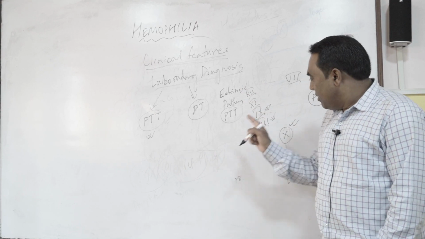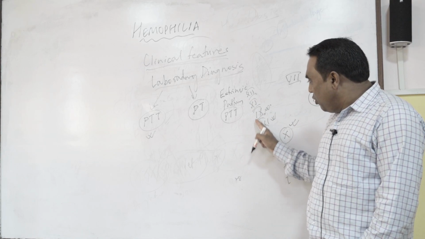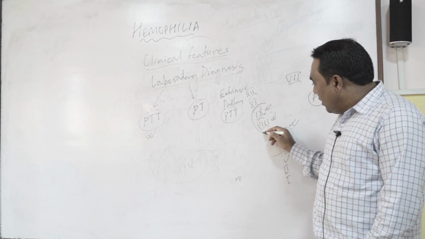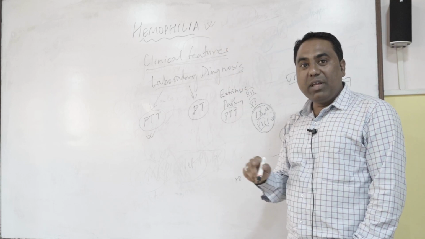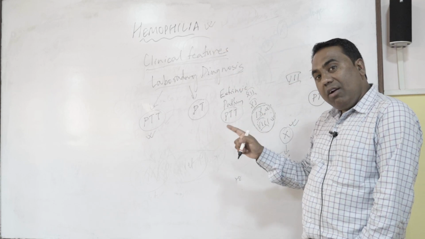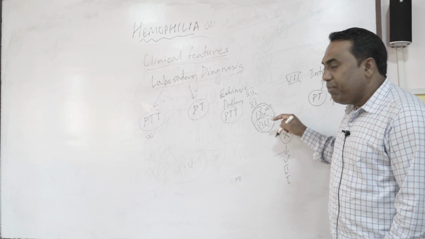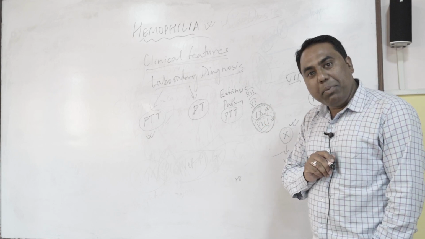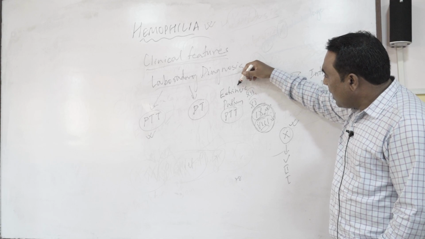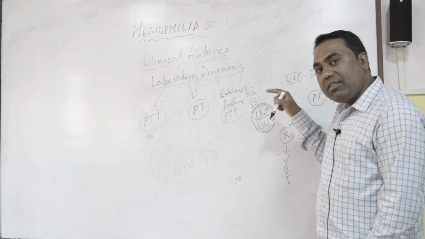Have you all got it? Factor 8 and factor 9 are present where? In the extrinsic pathway. Because of the deficiency of these two factors, a person is going to get hemophilia. Could be either hemophilia type A or hemophilia type B. If it is deficiency of factor 8, hemophilia A; deficiency of factor 9, hemophilia B. So normally in hemophilia, the extrinsic pathway of the coagulation cascade is being